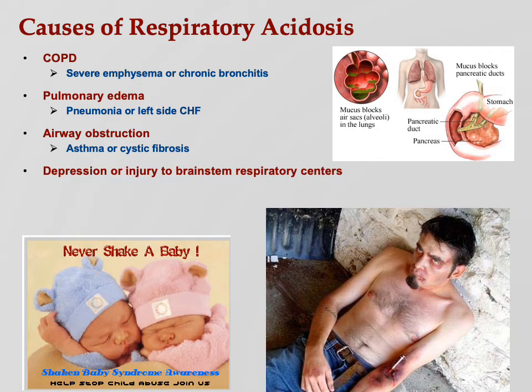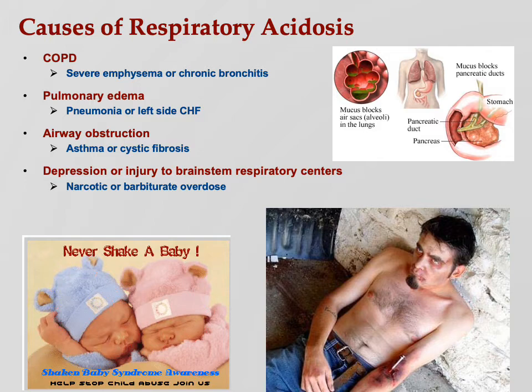Depression or injury to brainstem respiratory centers. So this can go either way, but a lot of narcotic barbiturate overdose will result in an acidosis, a respiratory one, all right? So narcotics, especially like heroin, you see the poor, who knows what addict in the lower right, but assume he's heroin. So heroin depresses respiratory centers in the brainstem, in the pons, in the medulla, so you don't breathe enough, therefore you become acidotic. Remember, what does a person in acidosis look like? It's the orangutan. Oh, what to do, what to do.